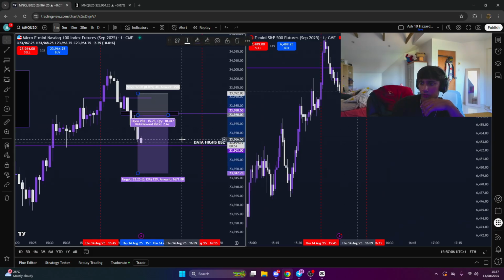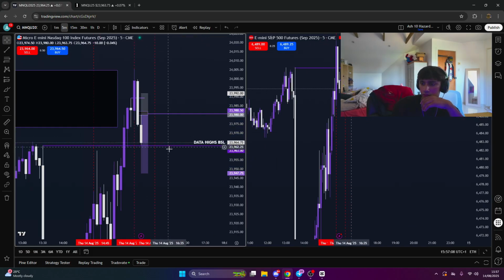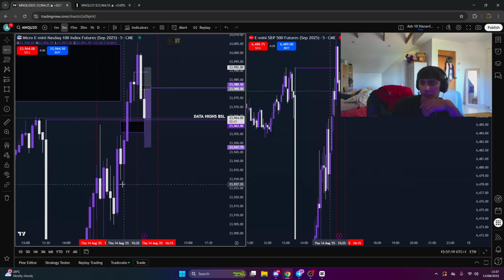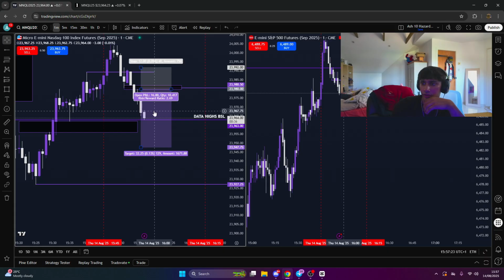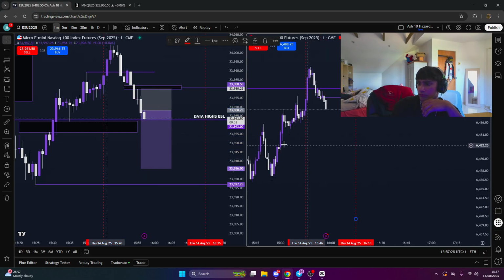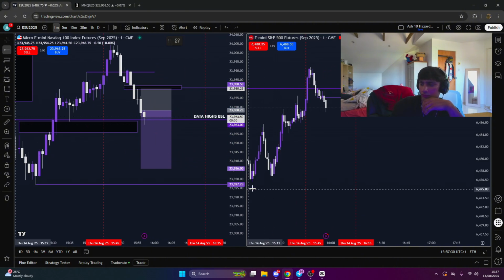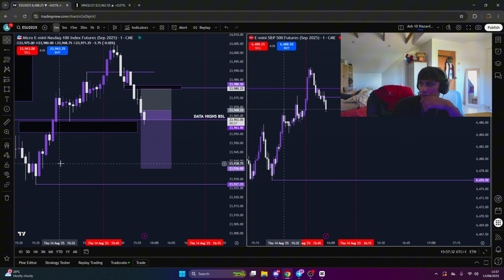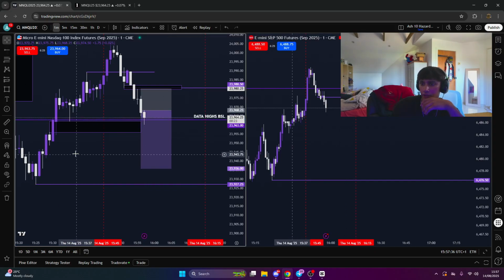Yeah, so currently price is running lower, and we're about to trade into a 5 minute bullish gap, so it's going to make this a B plus setup if we get an entry. If price comes down and takes 23927, I'm not going to take this trade. Yep, so we've tapped into that gap, so this will be a B plus model.